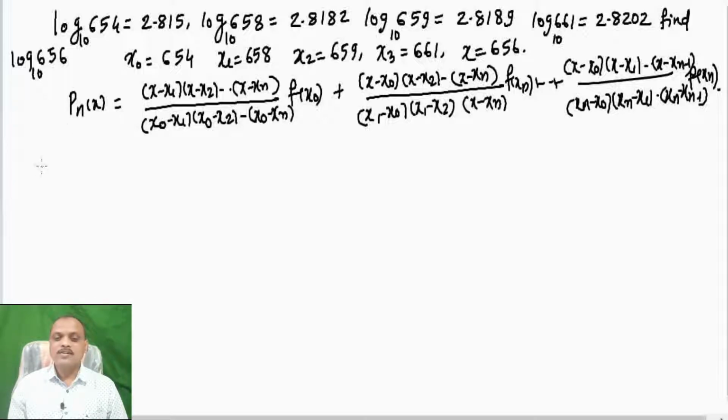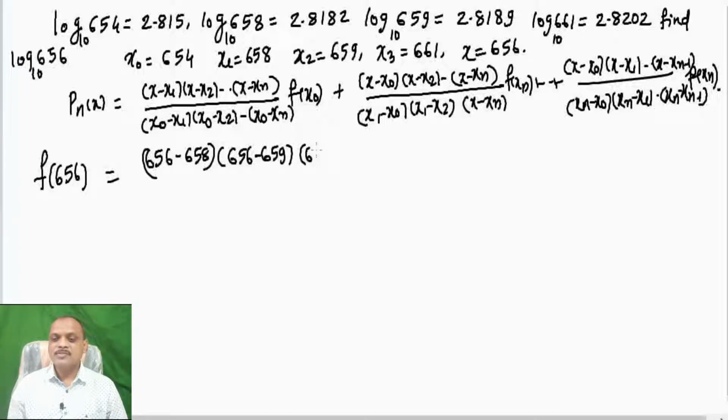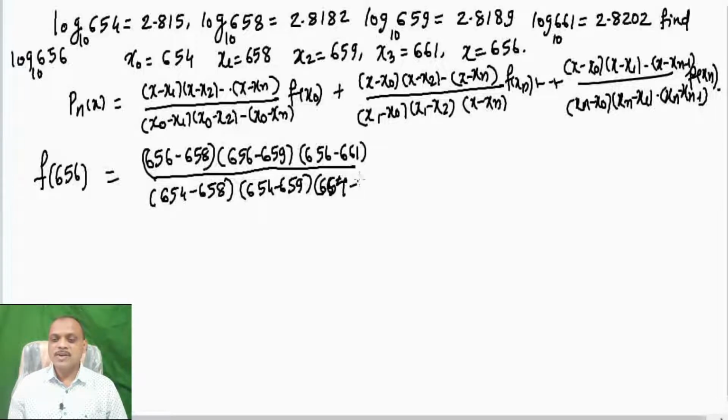So the value of x equal to 656: 656 minus x1 is 658, into 656 minus x2, 659, into 656 minus 661, divided by x0, what is x0? 654 minus 658, 654 minus 659, 654 minus 661, into f of x0. f of x0 is 2.815, plus